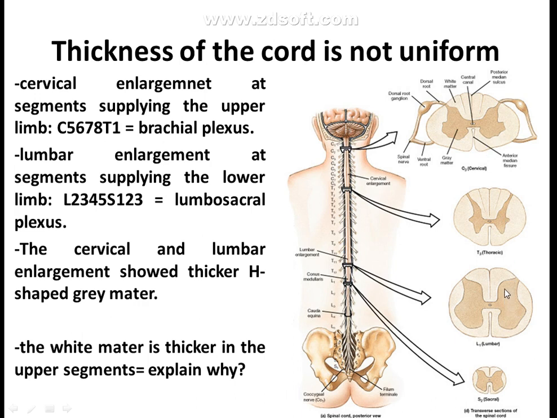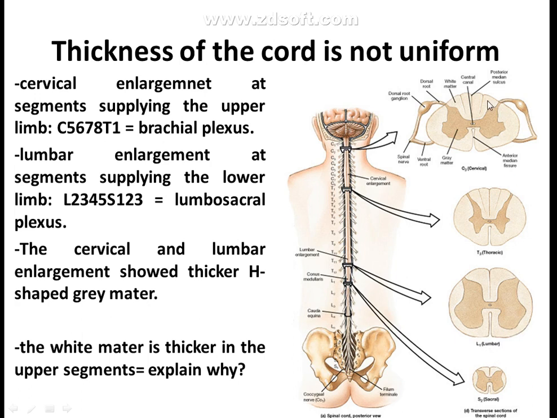you can see that the cervical enlargement is thicker than the lumbar enlargement, although both of them have a large ventral motor horn. Such a difference, the much larger cervical enlargement compared to the lumbar enlargement, is due to much more white matter in the cervical enlargement compared to the white matter in the lumbar enlargement. And the reason behind that is that the white matter